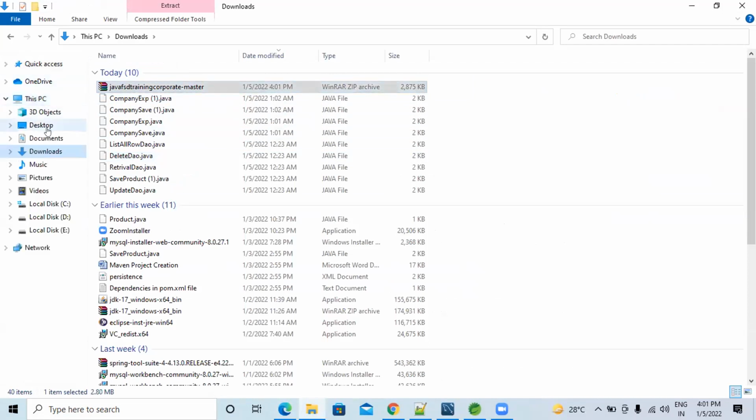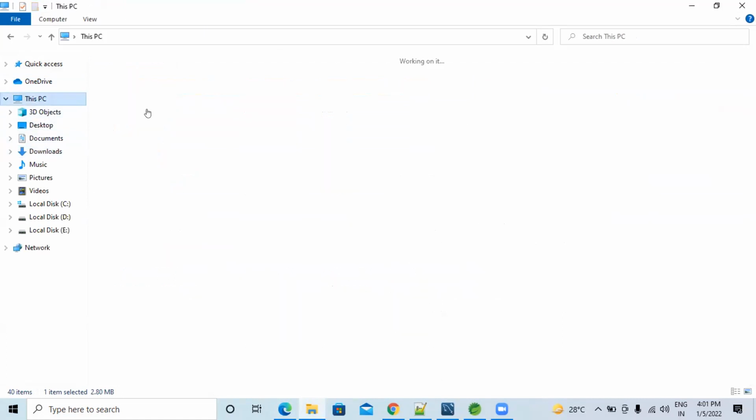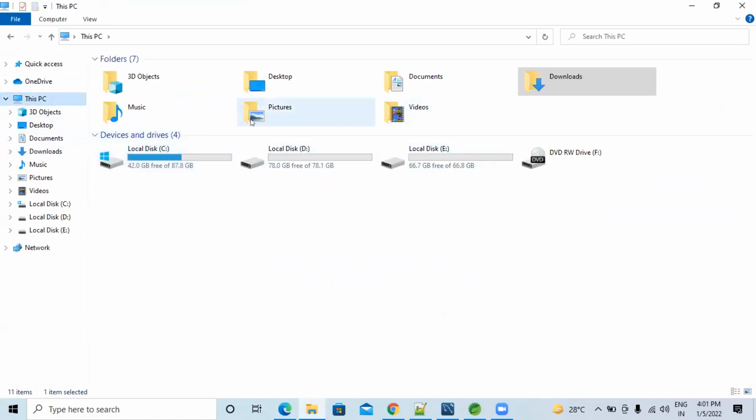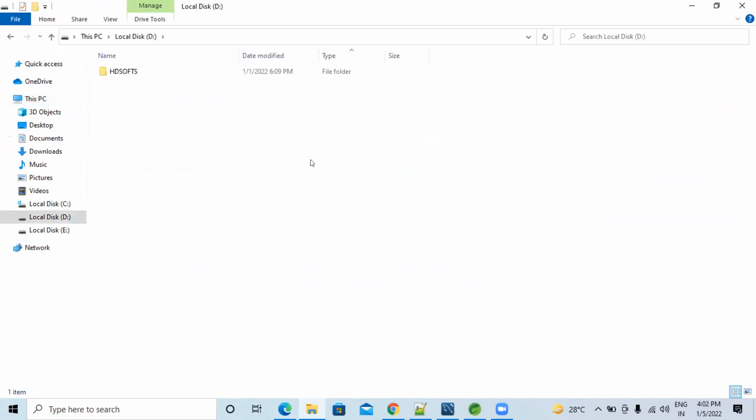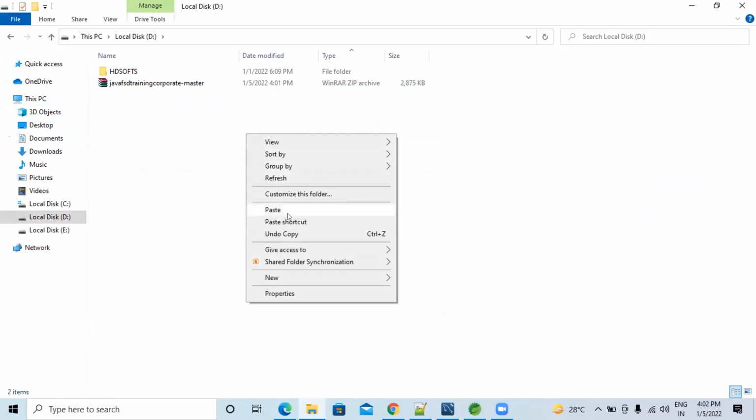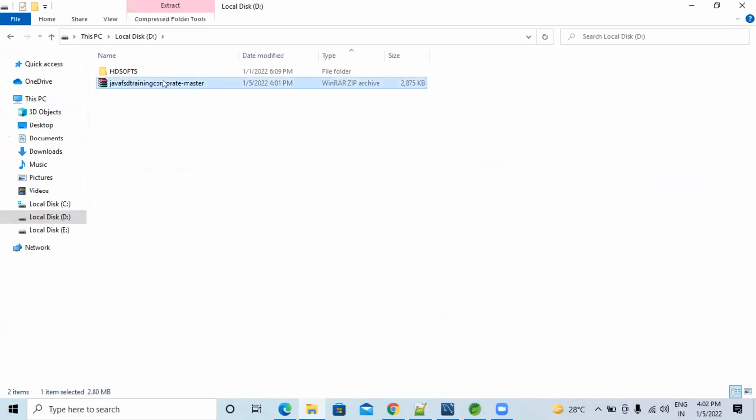Are you having a common drive for this training? You can organize it in such a way. Create one folder, like Java FSD training. Then extract it. How will you extract? Right click.